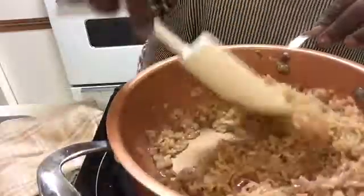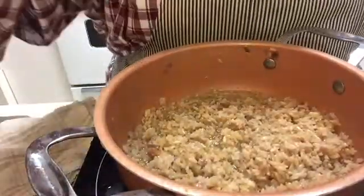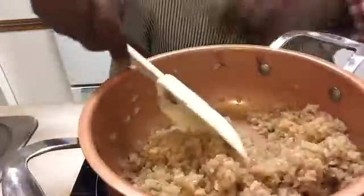Because again, if you're not seasoning, then your food is just gonna miss out. So there we go. We're gonna let it go about 5 more minutes, and after that it should be ready. So now we have the finished product. So I'm gonna go ahead and turn this off